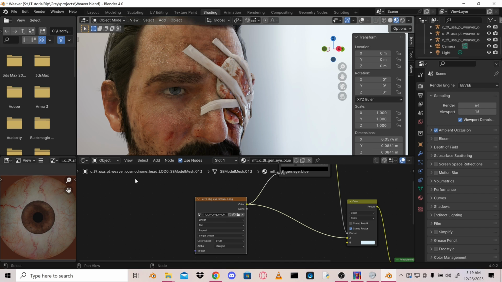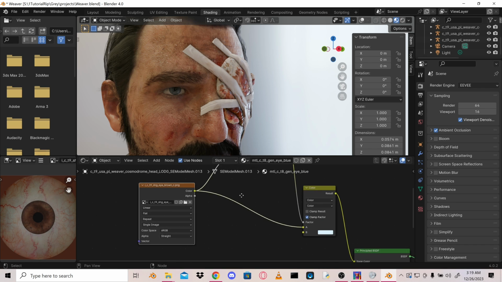The rest of the eyes have a really weird thing where they're like 99% opaque, like completely transparent, and they just don't work. I don't know. I'm probably just an idiot who doesn't know how to use a texture. But to circumvent that problem, what I did was I found this eye texture, plugged color into color,